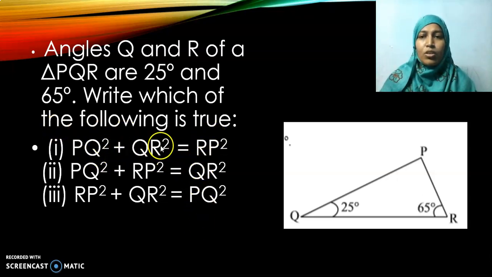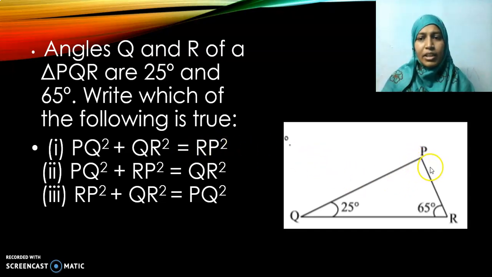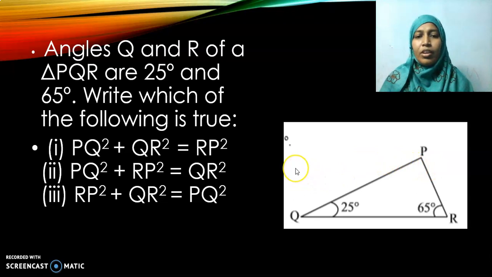This statement looks like a Pythagoras statement. To make use of this Pythagoras theorem or property, it should be a right angled triangle, isn't it? Is it a right angled triangle? Do you have any doubts in it? Just by looking at it, you can say it's a right angled triangle. But every time, whatever we look at is not exact.